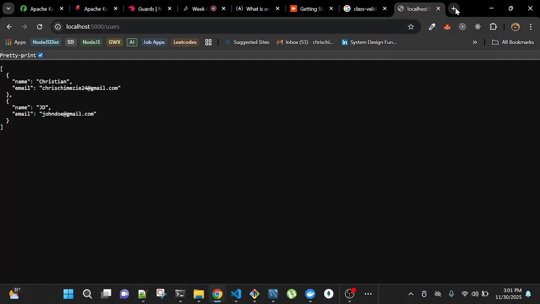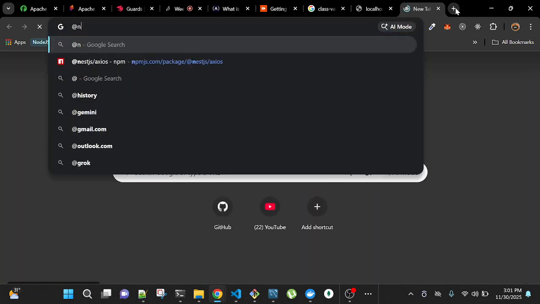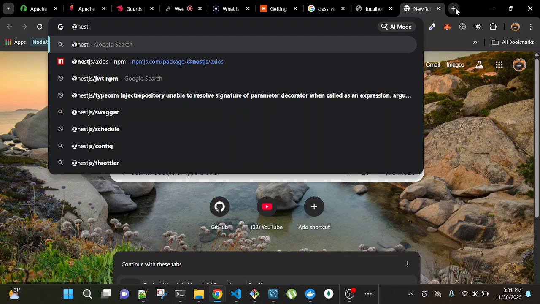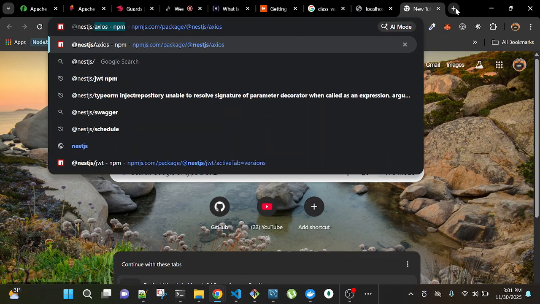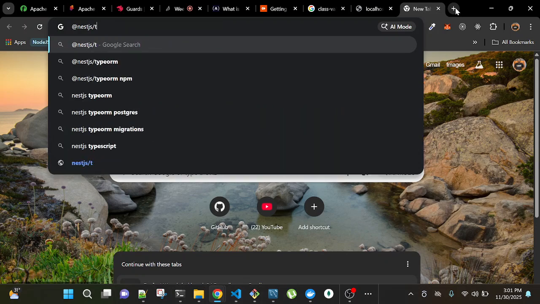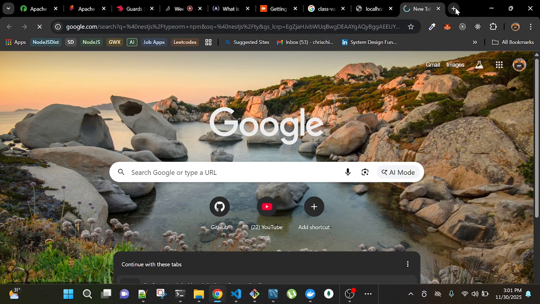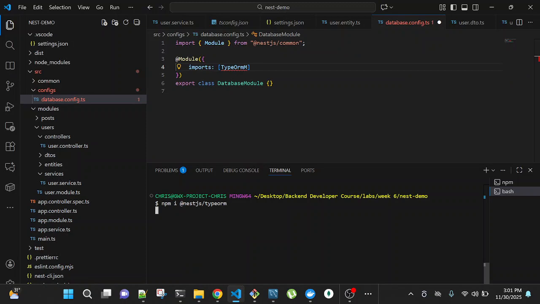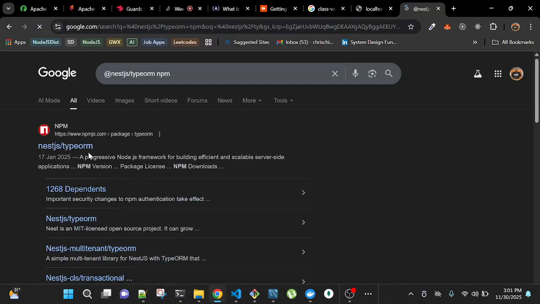If we come to the NestJS ecosystem on the npm package registry, there are a lot of packages under NestJS. So if we search TypeORM here, yeah, this is it. So this is the package here. It's just an easier way to integrate with TypeORM on NestJS.